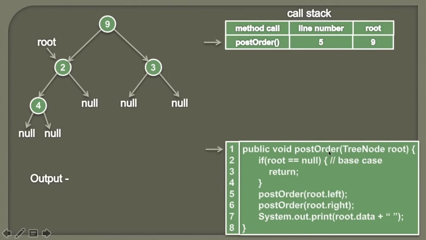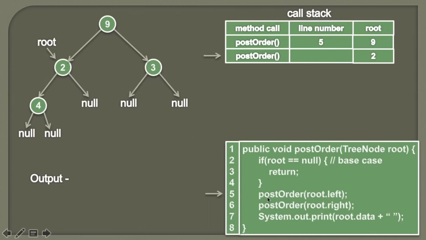So now this method starts execution with a root as 2. Therefore we know that there will be one more method on the call stack. So here now this post order method will start its execution with a root as 2. Moving ahead, we will check whether root is equal to null or not. So here root is pointing to the node 2, therefore it's not null. So the condition in if block comes out to be false.